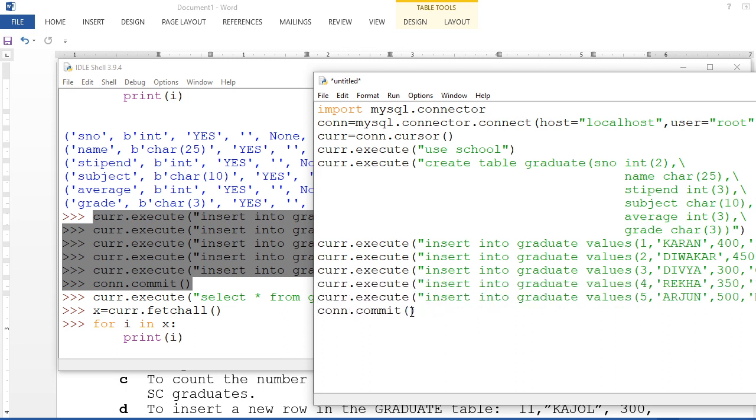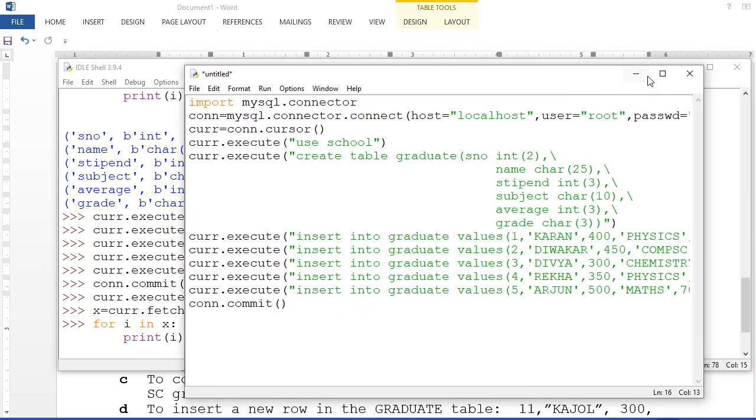So you try that one in the shell and finalize here. Till now your program is this. You go and save, and again you run. I am not running it here, because once again this table will be created, and one version of the table has already been created. So now after that, again queries are there. I'm going to show you one query, then you will make your own.